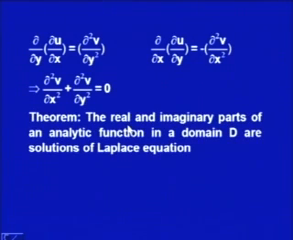So, what we can do is we first differentiate the first equation with respect to delta by delta y, we get this expression. If the second equation is partially differentiated with respect to x, we get this. When you add the two, we will have delta squared v by delta x squared plus delta squared v by delta y squared equal to 0. And this means that the real and imaginary parts of an analytic function in a domain D are